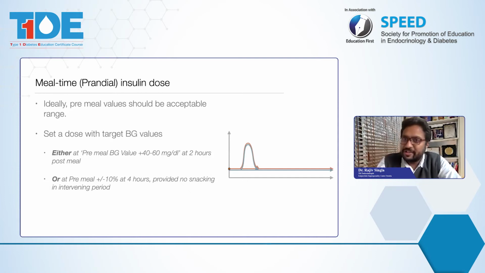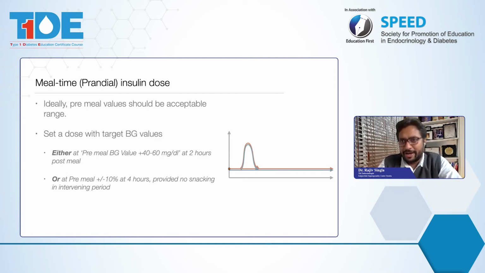Now, conventionally, we check sugars not 4 hours after the meal, but 2 hours after the meal. That's because of practical considerations. Nobody generally eats within 2 hours of a meal, but it is likely that people would eat again within 4 hours of their previous meal. If we eat something in between, say you took a cup of tea 2 or 3 hours after your meal, then of course the blood glucose fluctuation caused by that cup of tea would be reflected in the 4-hour value that you check. So conventionally,